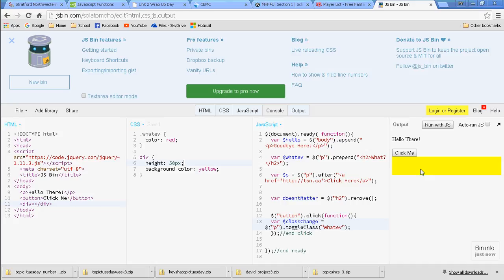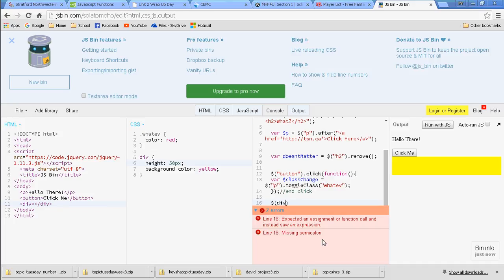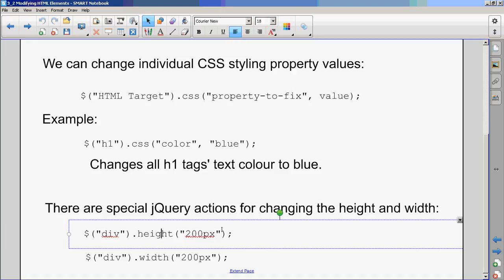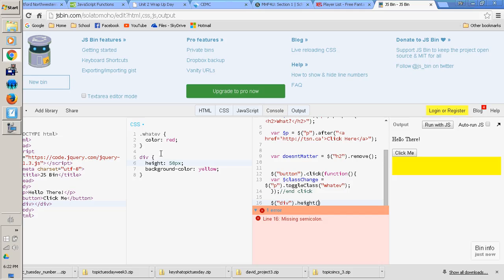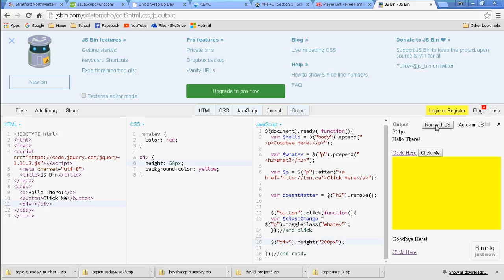There it is, and it's going across the entire screen. But if I want to change that on the fly, then it would be div, in quotes, because that's the HTML thing, dot height, and then its new value. So say, let me make sure I've got the syntax right, and in quotes, 200 pixels. In quotes, the new value, 200 pixels. Okay, and I'm going to run that. And then I didn't even see when it was 50. It automatically